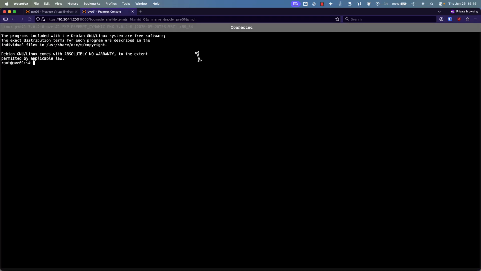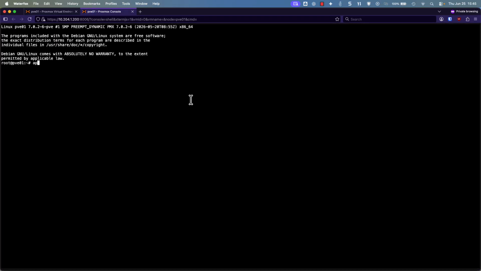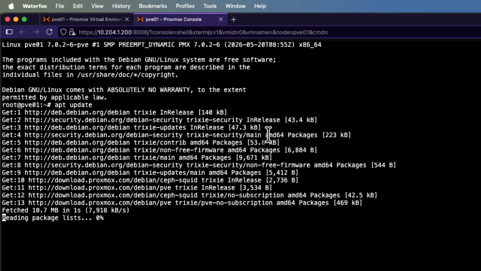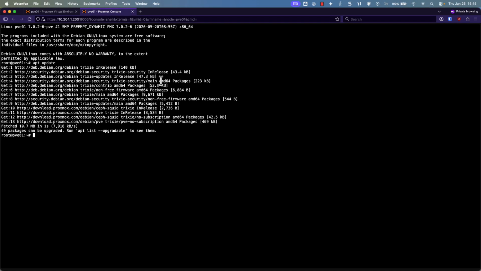Then go to your shell, type in apt update, and hit enter. It's going to go through, update everything. As you can see, we have 49 packages to install. So now we can run apt, and this is important,